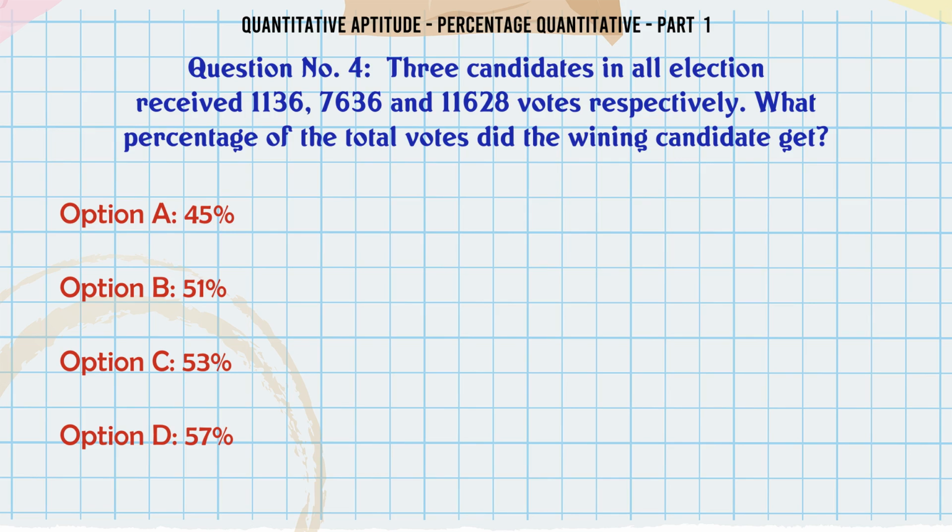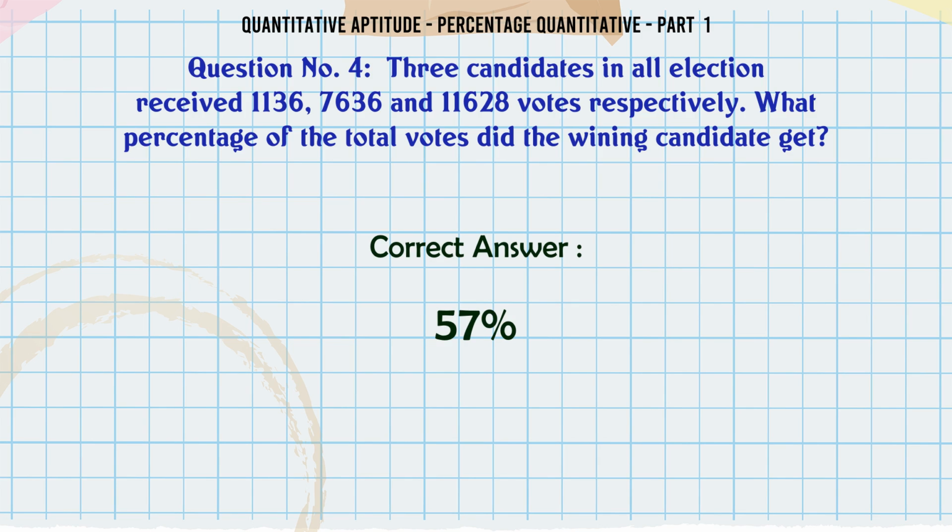Three candidates in an election received 1,136, 7,636 and 11,628 votes respectively. What percentage of the total votes did the winning candidate get? A 45%, B 51%, C 53%, D 57%. The correct answer is